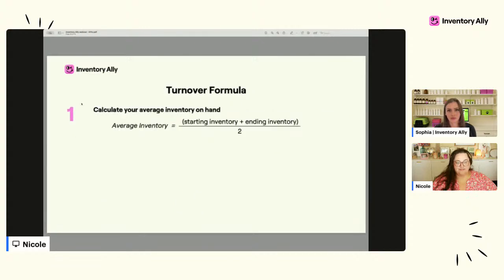So the inventory turnover is kind of a multi-step formula. And so the very first step of this is we want to calculate the average inventory on hand. One of the downsides or challenges of calculating your turnover is you need to know your starting and your ending inventory. So let's say, for example, I wanted to measure